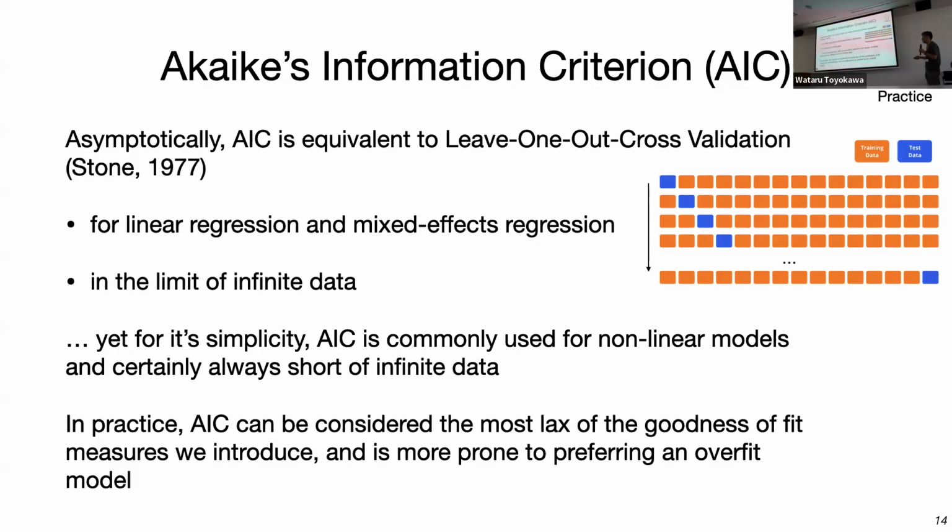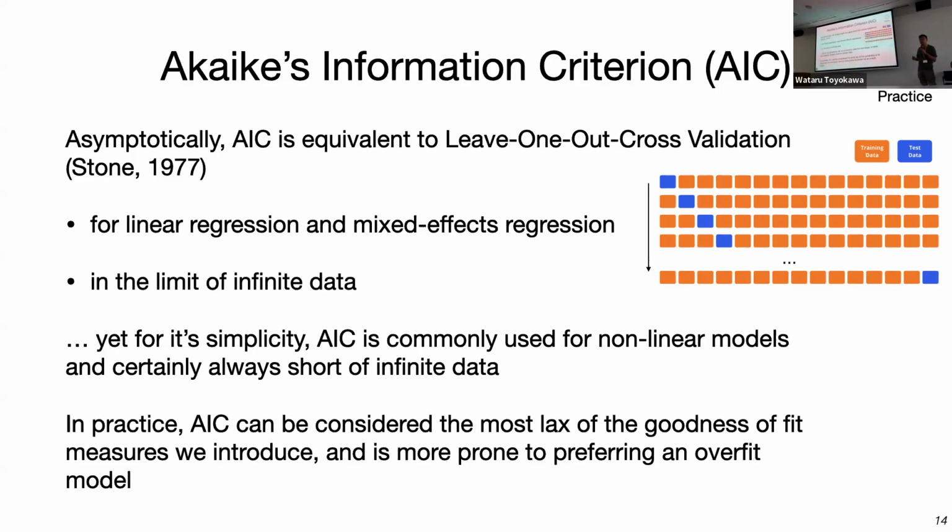But of course, we never have infinite data, and often people use AIC for other models that are not linear models, right? Reinforcement learning models, classifiers, etc. So in practice, this interpretation is hardly ever met. In practice, AIC can rather be considered the relatively most lax of the goodness of fit measures, right? So it doesn't penalize nearly as harshly as other forms of